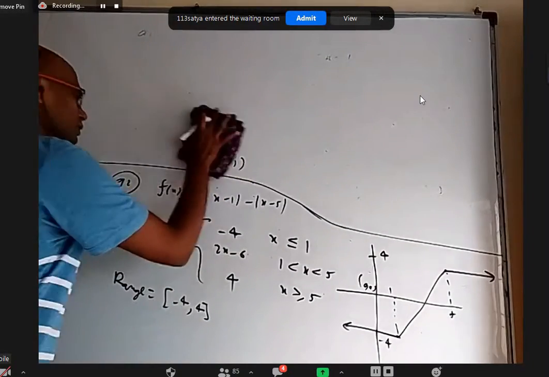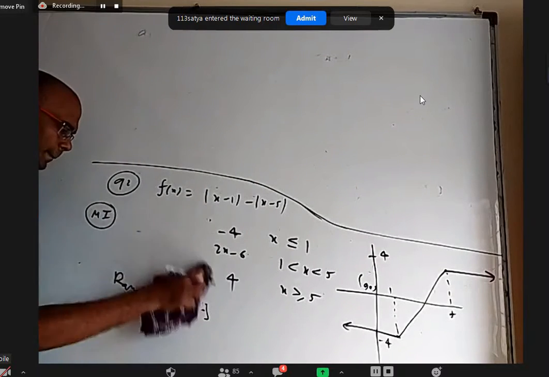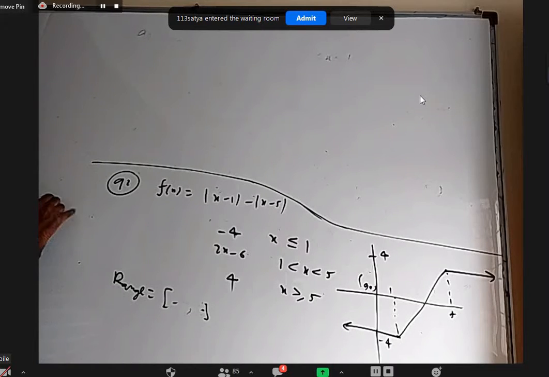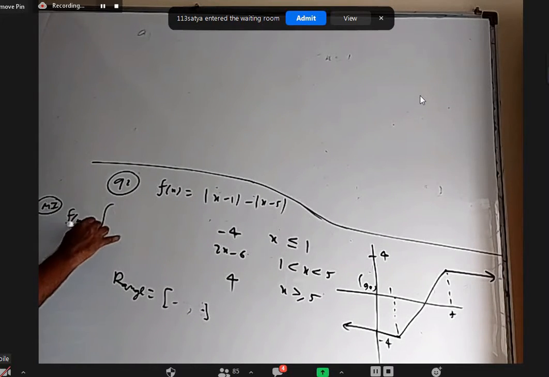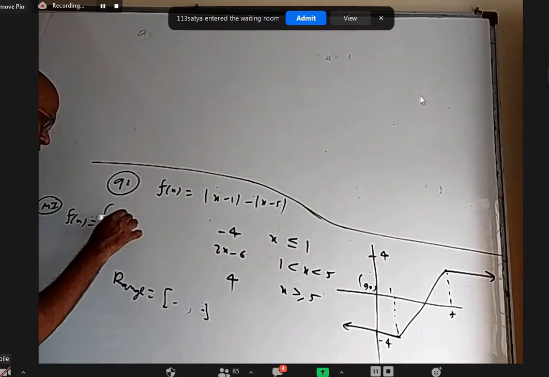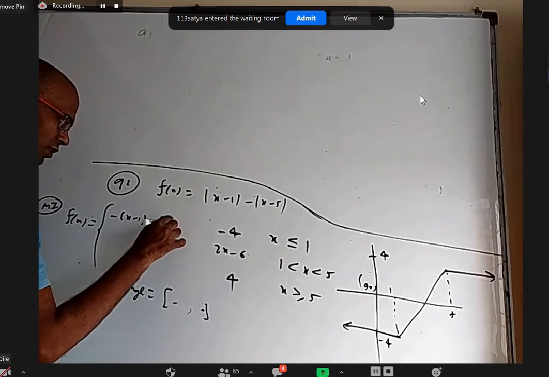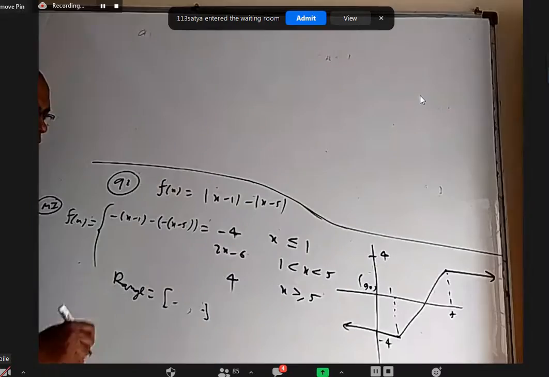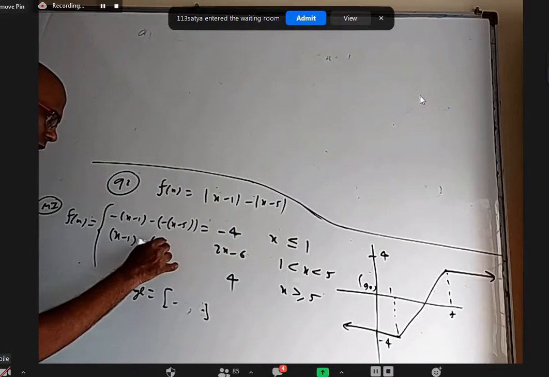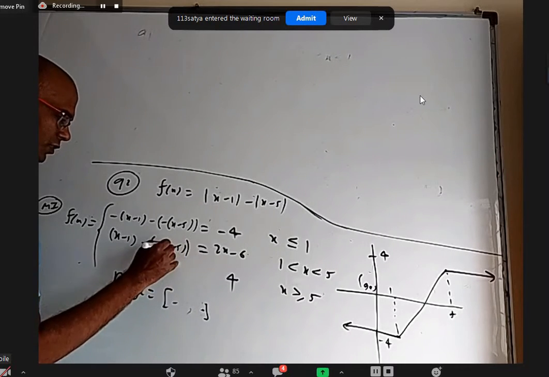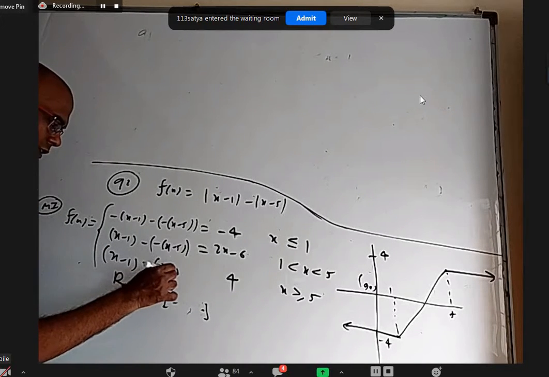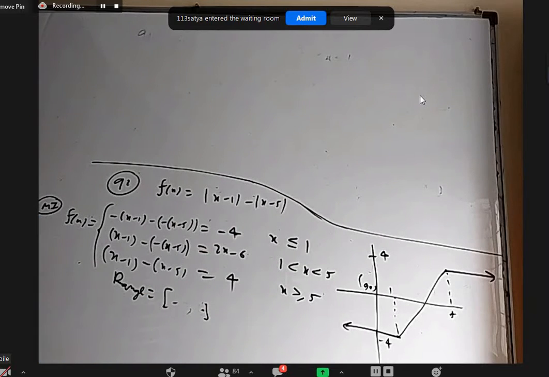Okay, I think I should write something else for a minute. Okay, so for x less than or equal to 1, mod x minus 1 is minus of x minus 1 minus of x minus 5, which is equal to minus 1. Between 1 and 5, this is positive, so it is x minus 1. And the other one is minus of x minus 5. That's how we did 2x minus 6. And when x is more than 5, this is positive, so directly x minus 1 minus x minus 5, which is 4. Is it okay? Better now?